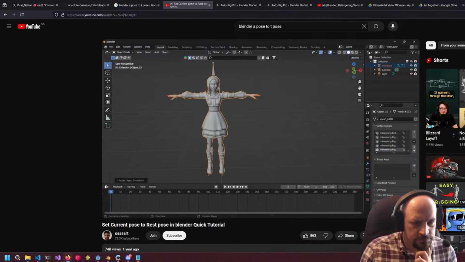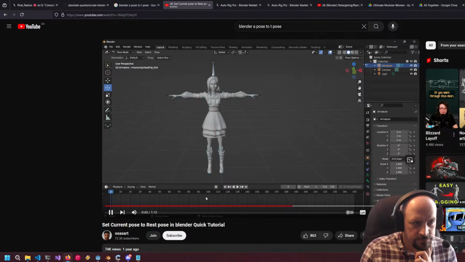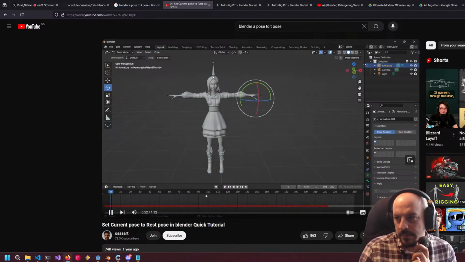The next thing we are going to do is come to the mesh, go to your modifiers and apply. Then we select the armature, go into pose mode, and make sure everything is selected. You can press A, go to your pose, and then apply pose as rest pose. Next thing you want to do,